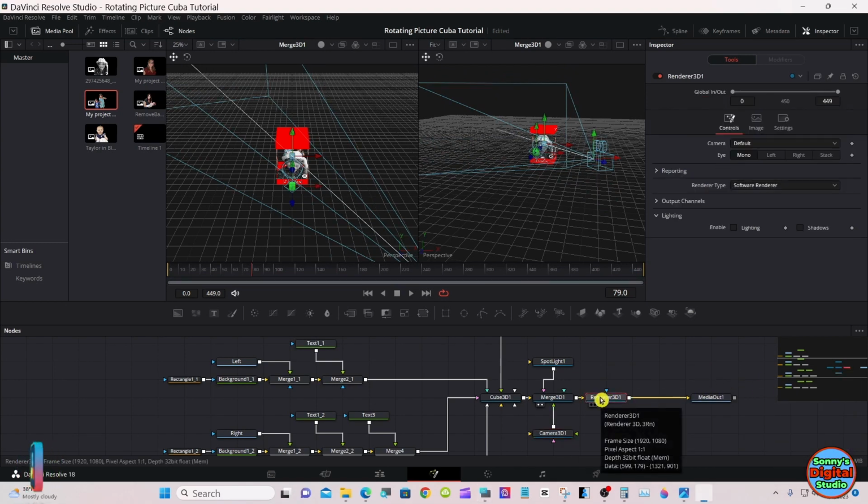Select your render node. Enable lighting and shadowing. I know the cube is already enabled, but the render's downstream from it, so we'll enable that as well.